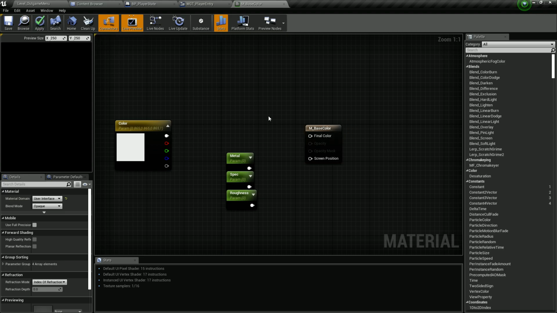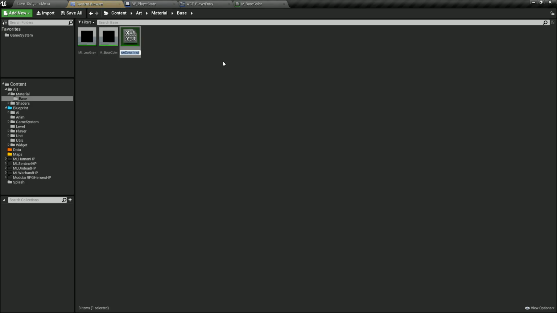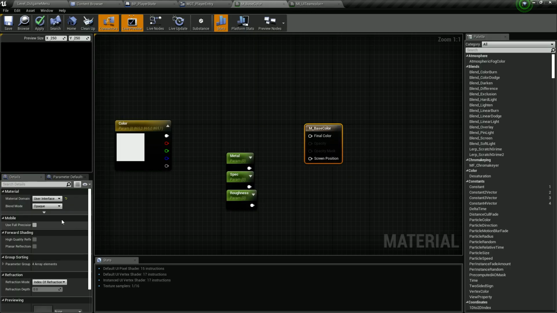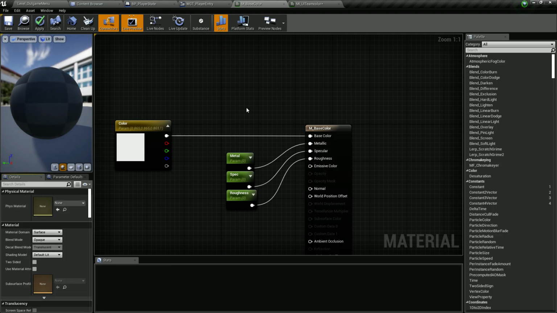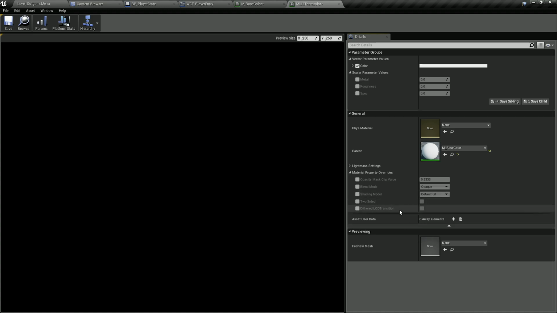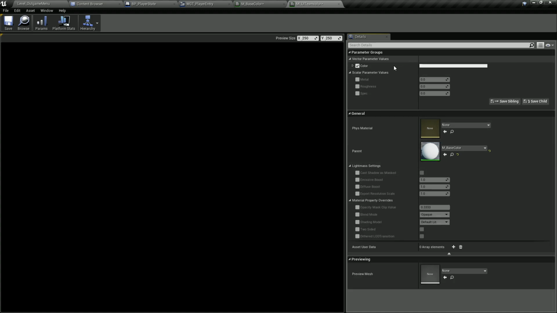Okay, we're not going to do this. We're going to create a material instance. We're going to call this UI team color. Open that up. Make it white by default, and material property override. So we don't want to make that user interface. We want to make that like it was before, like this. Hit compile, go back to UI team color and make that... We want to make that a UI material,